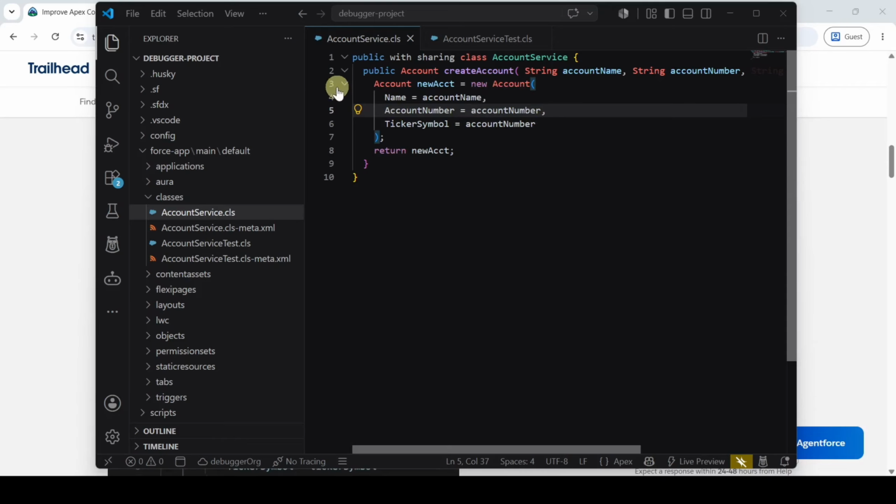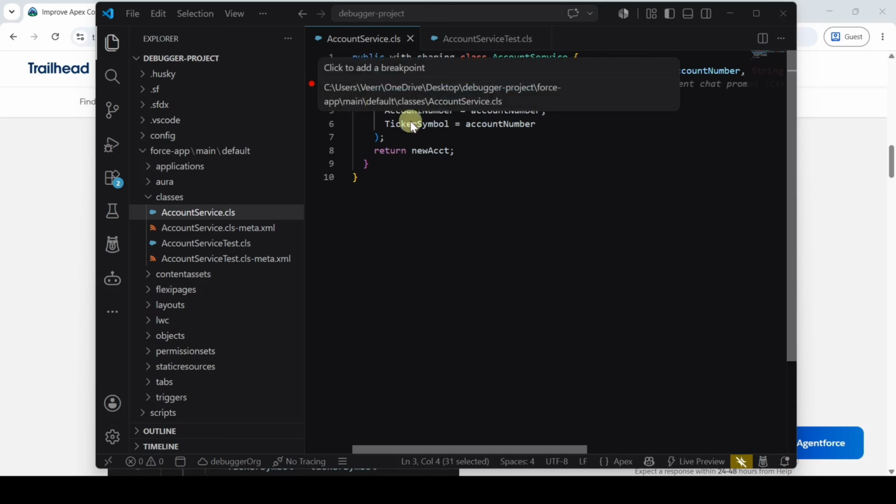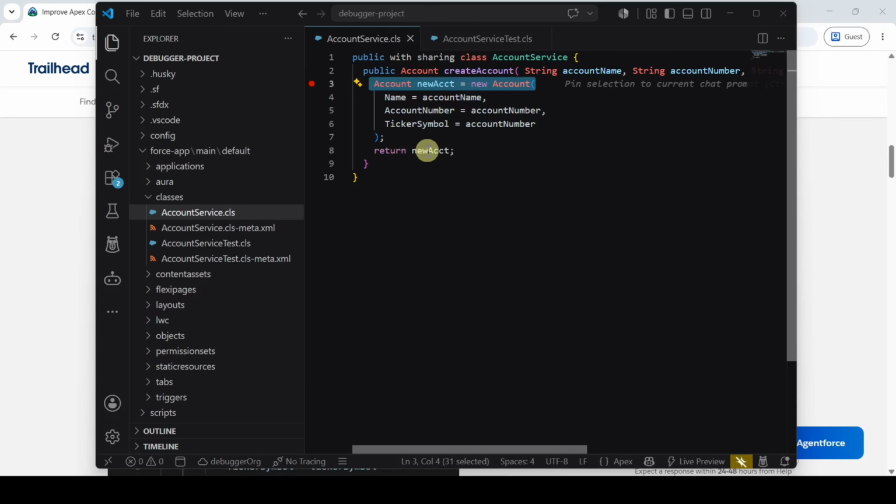Just highlight this third point, that is Account newAccount = new Account. If you highlight you will get it like this, and here come closer to the point and click on this red dot, that is click to add a breakpoint. So like this we just added the breakpoint.